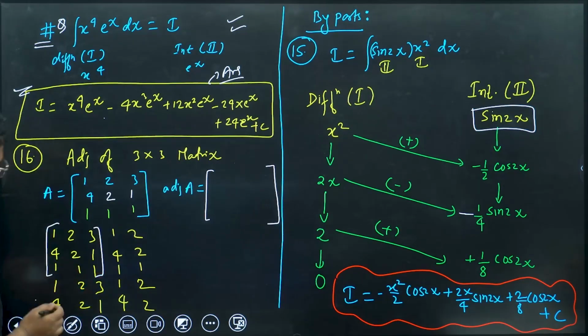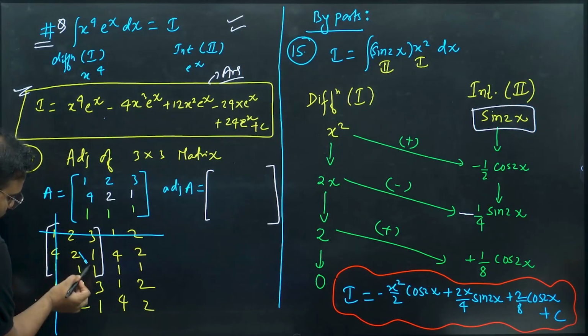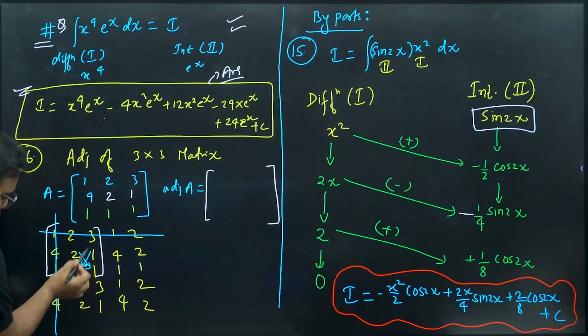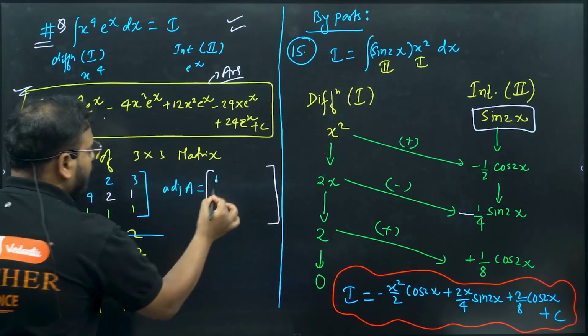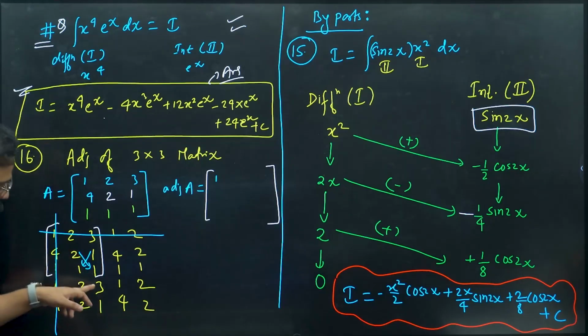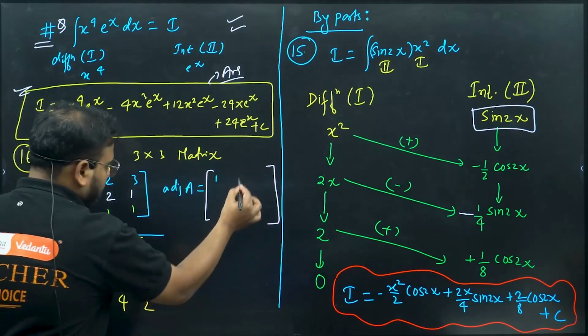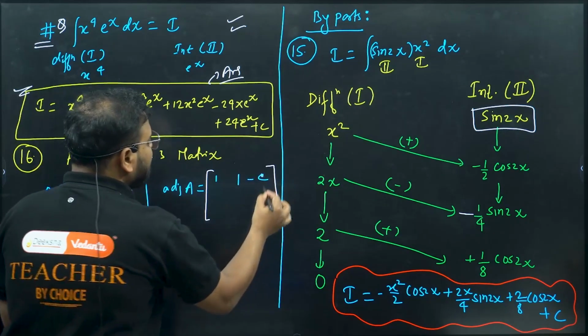Next step will be, after writing this 5 cross 5, remove this out and this out. First row and first column you remove and start multiplying. 2 into 1, 1 into 1. Subtract it. I get 2 minus 1. How much is that? 1. Okay, next I'm going to do this again in the vertical order. 1 into 3 is 3 minus 2, which is 1. 2 into 1 is 2 minus 6. I get minus 4.